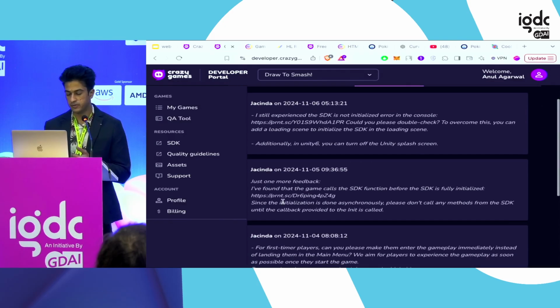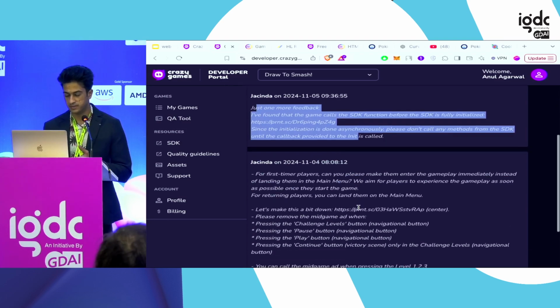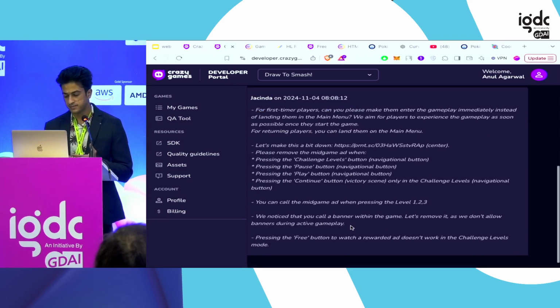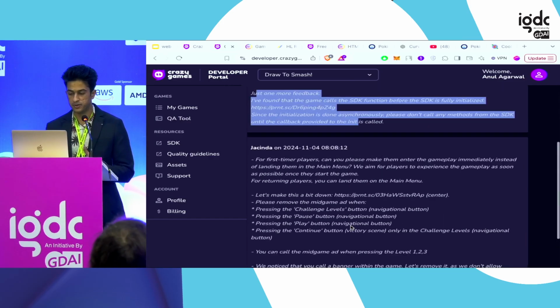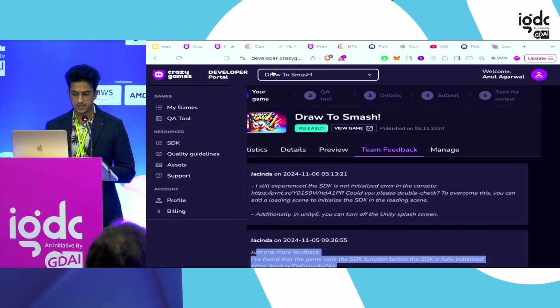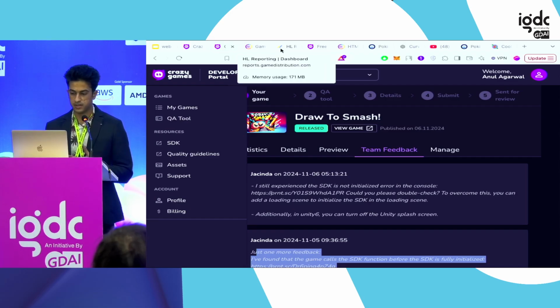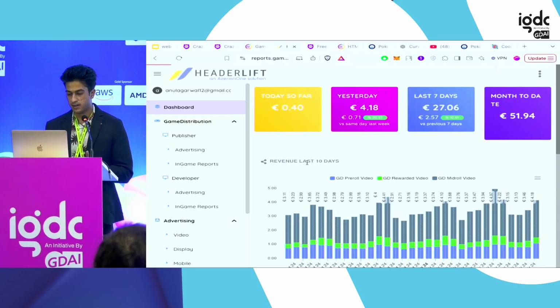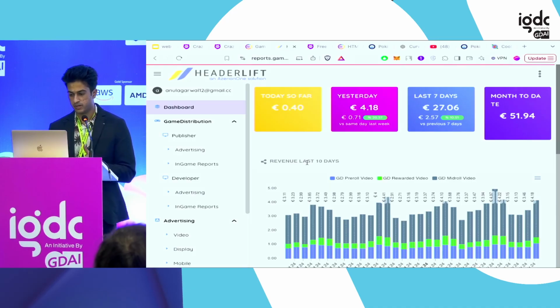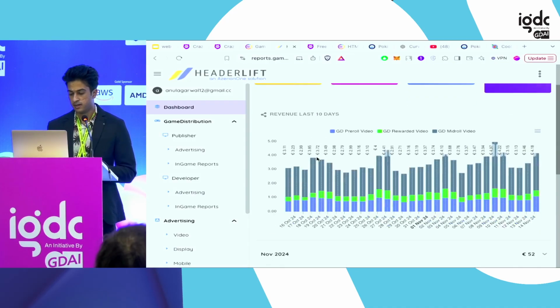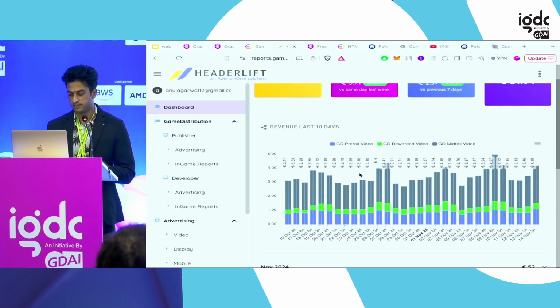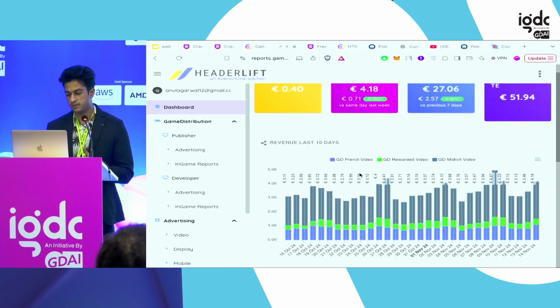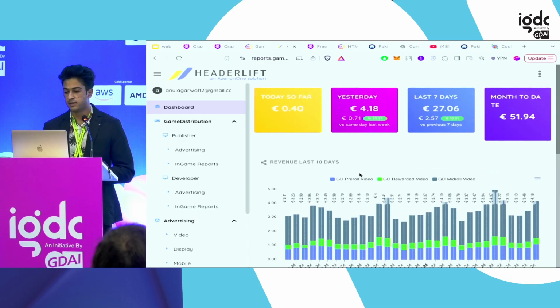Like, hey, we found this bug on your game, we found that bug on your game, and you have to fix the bugs, you have to work with the platform, you have to upload the game. And once that is done, the revenue starts coming in. So I'll just share one of my dashboards. For example, on game distribution, one of the platforms that I work with, I earn like 3-4 euros every day. And I haven't uploaded any games for the past 5 months, so it's all recurring passive income for me.